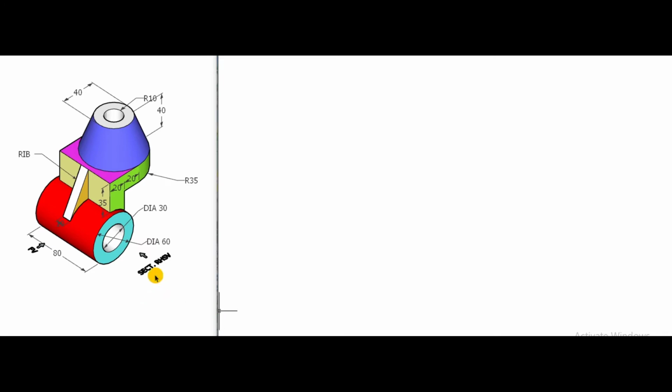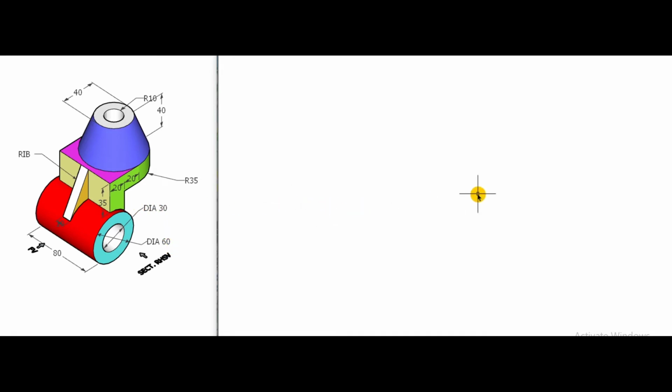We have to draw the three views of this problem: front view, sectional right hand side view, and the top view. So initially prefer to draw the top view, because in the top view we will see the circle, and with the help of this circle we can easily proceed. Then with the help of projections and dimensions we can draw the front view, and finally, as we have to draw the sectional right hand side view, we will draw it last.